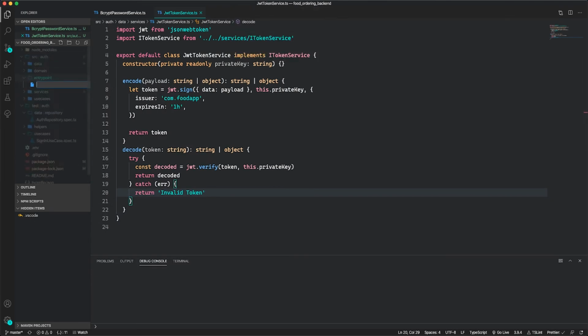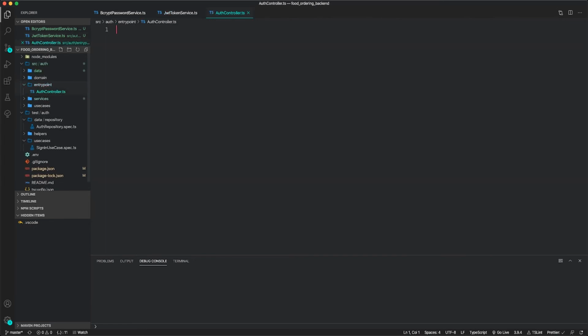And then inside entry, that's where I'll create my Auth Controller and my Auth Router. So for my controller, I am going to create export default class Auth Controller,